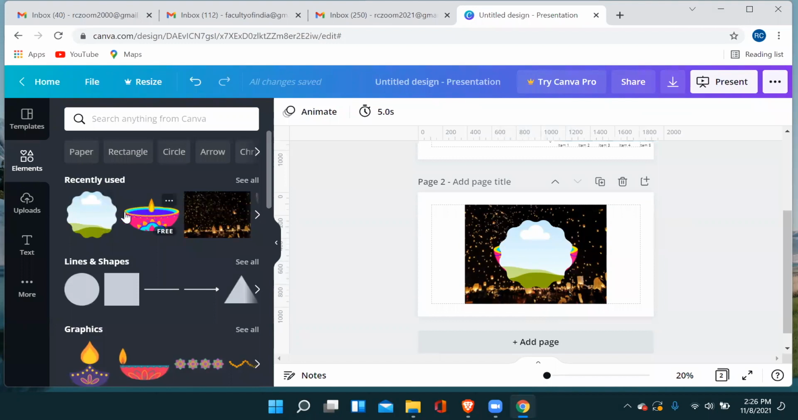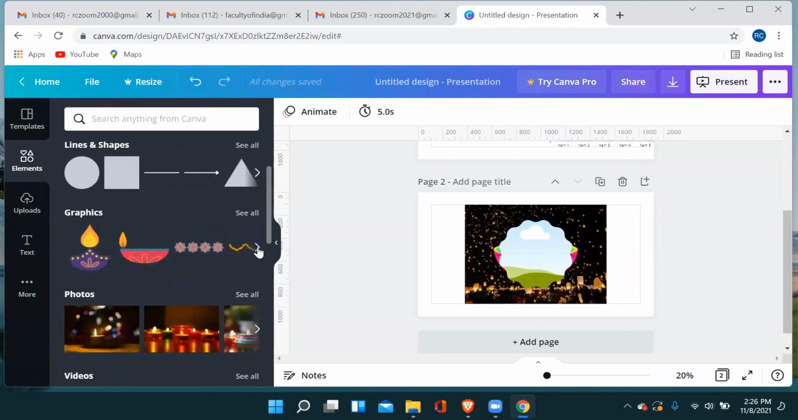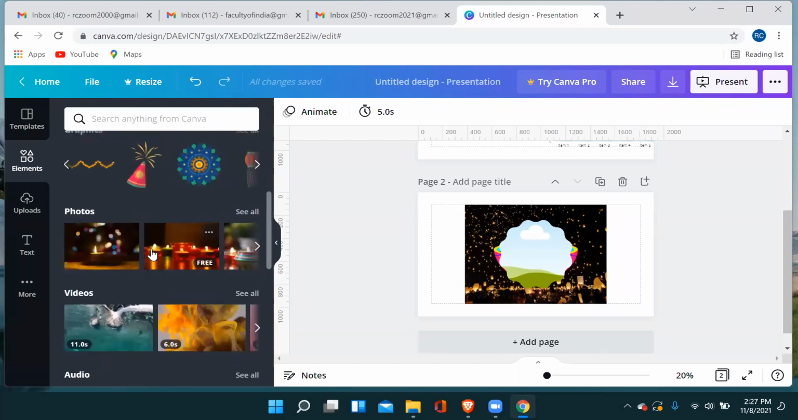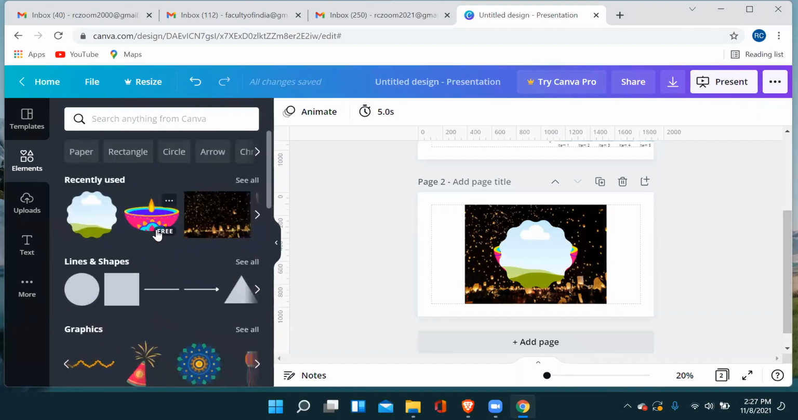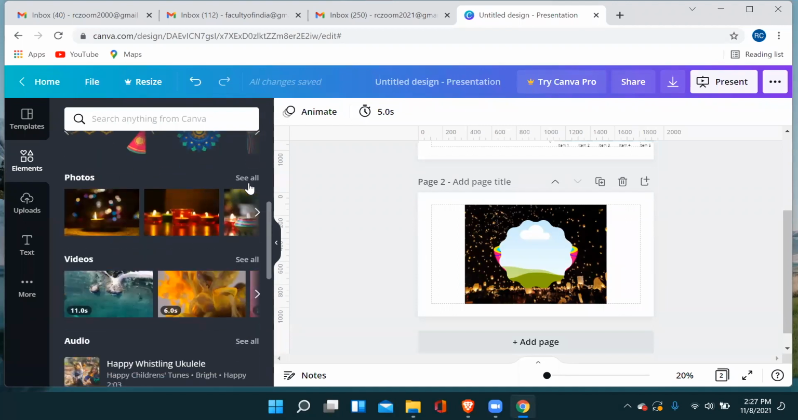Lines and shapes, and if you want to search for particular graphics, you can see the search box says search anything from Canva, so it includes everything. If you type Diwali, it will search for lines and shapes related to Diwali, graphics related to Diwali, photos related to Diwali, everything. But if you want to search for any particular thing, suppose you want only photographs related to Diwali,